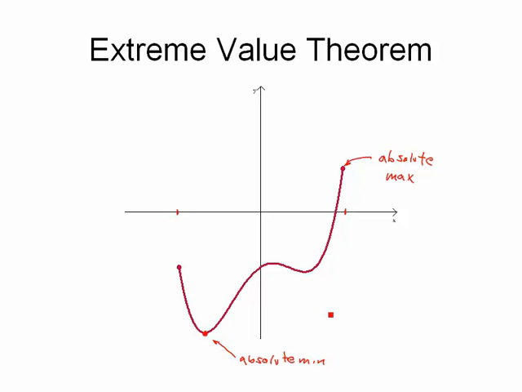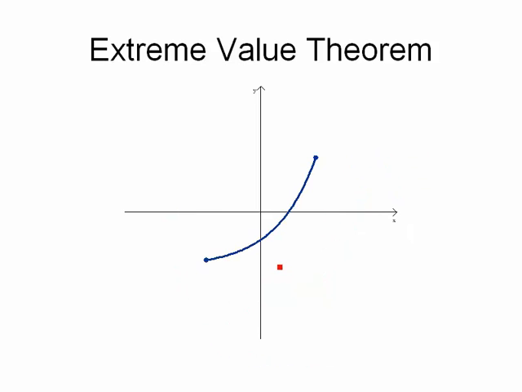We also have some relative maxes and relative mins. There's a relative min right here. The absolute min is also a relative min, and we have a relative max at this bump right here. But when we talk about absolute, we're talking about the very highest or the very lowest, and the way we distinguish that is by looking at the y values. Now here's another example. On this section of graph, there are no bumps or dips, so there's no relative max or min. But there is an absolute max because there's a point here that's higher than any other.